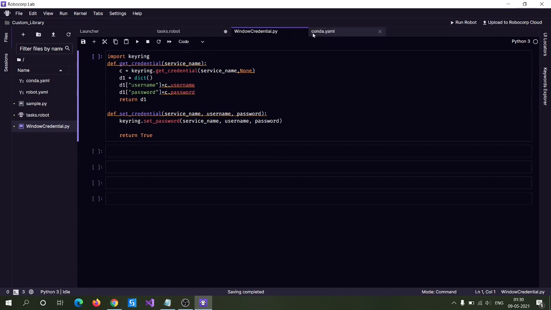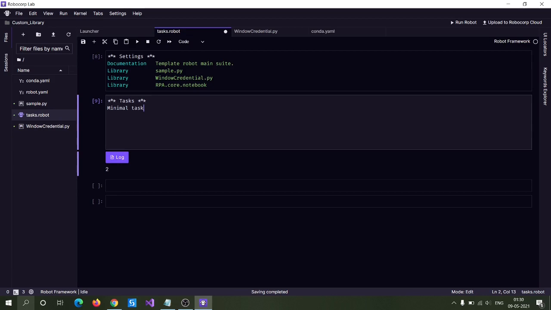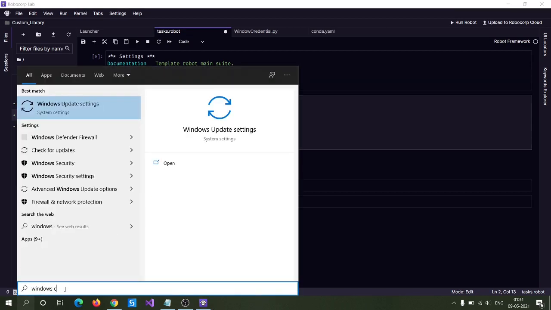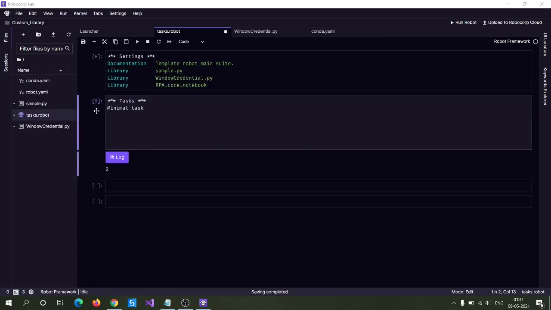Okay, so it is a custom sample library which I had developed for demonstration. I had created a credential in Windows Credential Manager. Let me open that. I want to retrieve the credential value.